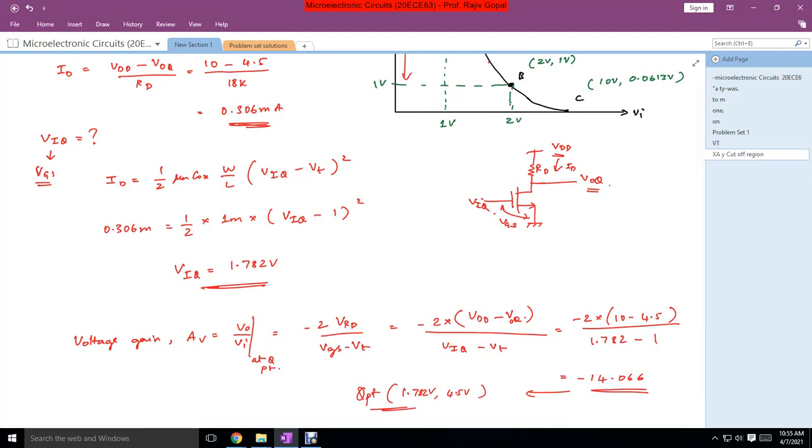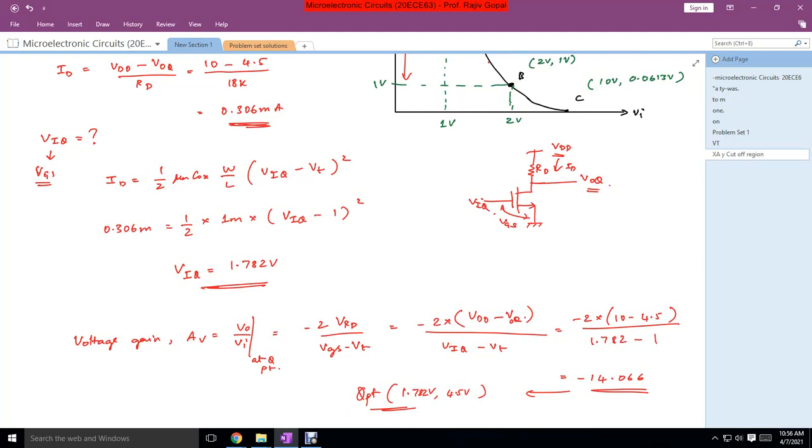So in this problem what we have done is we have drawn the VTC curve. For drawing the VTC curve, we have demarcated 3 regions of operation: XA, which is the cutoff region; AB, which is the saturation region; BC, which is the triode region. Finding the coordinates of point X and point A is straightforward. Why? Because if VI is less than VT, VO will automatically be VDD because the transistor is off. So the coordinates of X will be 0, 10 and the coordinates of A will be 1, 10.